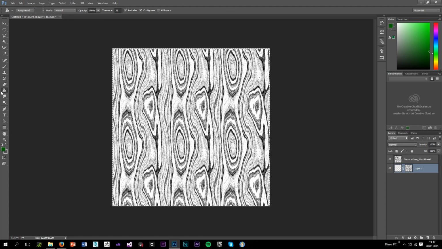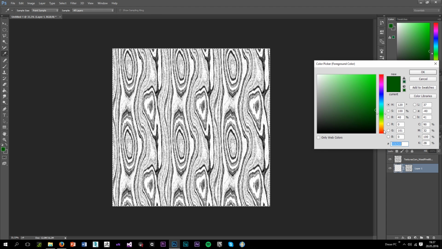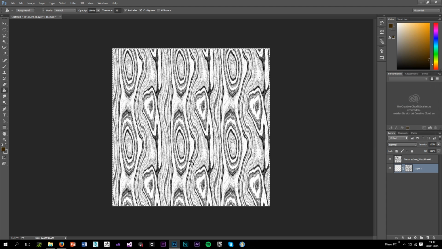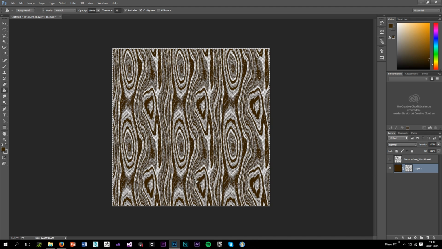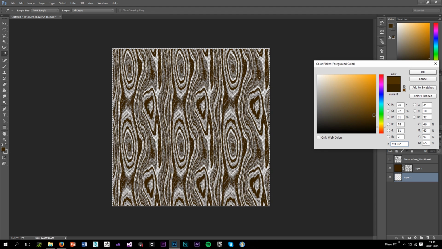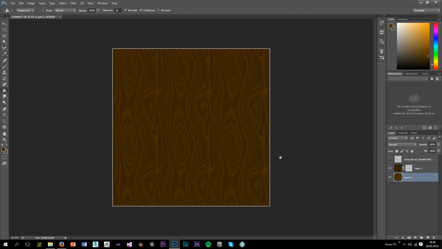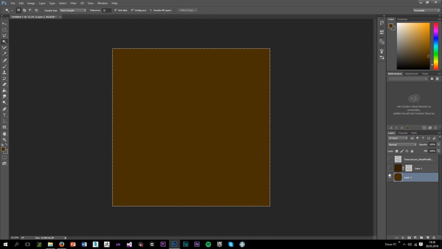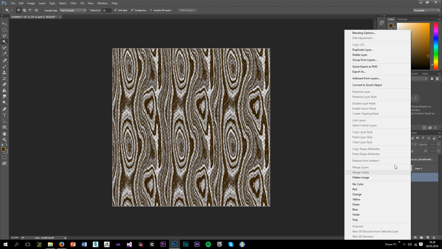And now we can actually create our own wood. For instance, I will quickly just do it. Actually, just take a brown color and a layer beneath. So just quickly previewing it. So as you can see, we have our own wood pattern. So that's really cool. So I'm just gonna delete it,